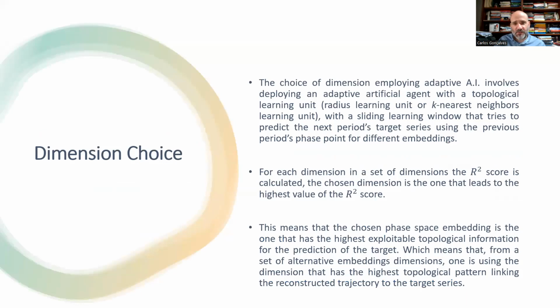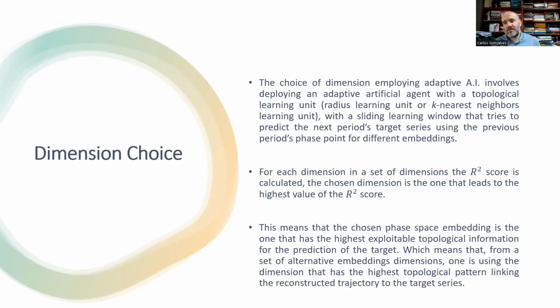Now, the other issue is the choice of the embedding dimension. For this we can employ adaptive AI, deploying an adaptive artificial agent with a topological learning unit. So the issue is to find, working with the reconstructed attractor's topological structure, what is the embedding that leads to the best predictability? So to the best prediction performance, because if we find this dimension, we can then employ topological data analysis methods